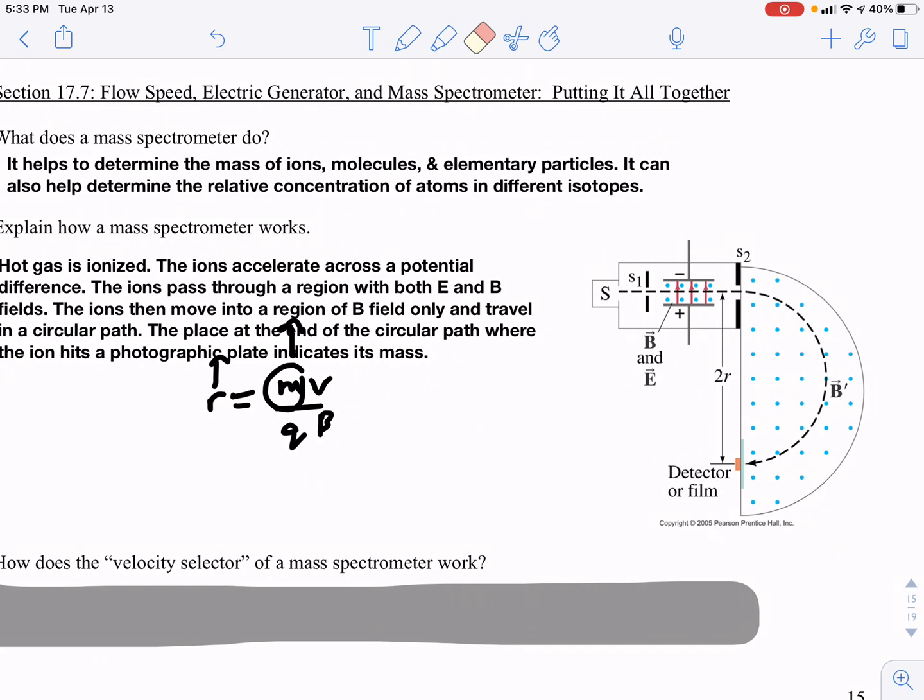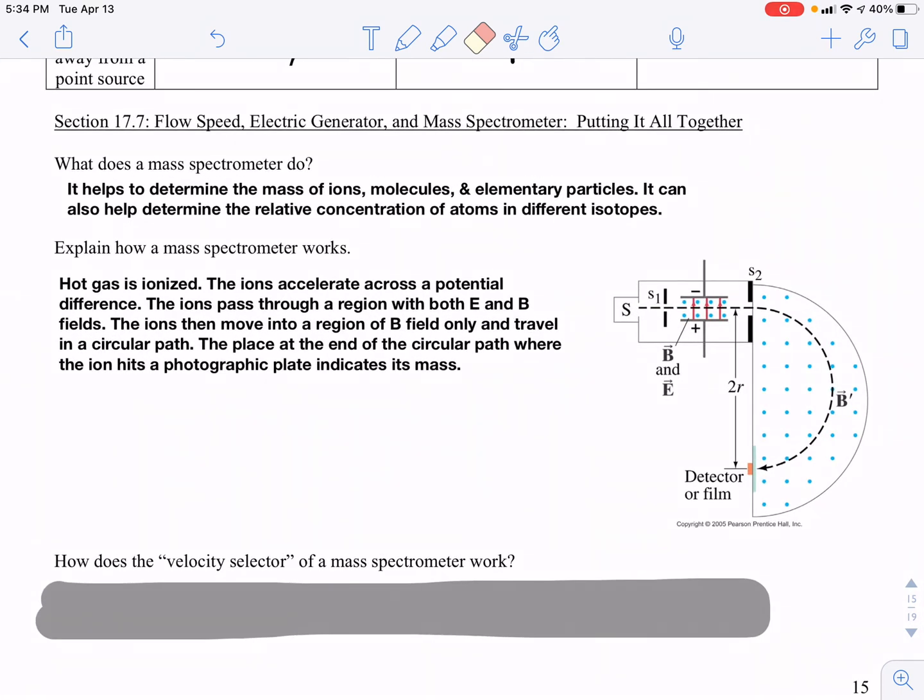If the mass is smaller, the radius is smaller. So the mass of the ion, molecule, particle, whatever it is, is indicative of the radius of the curved path that it makes in the uniform